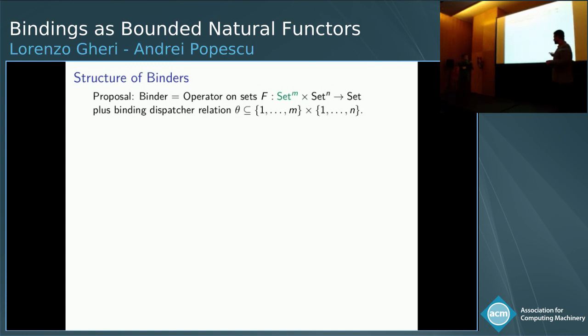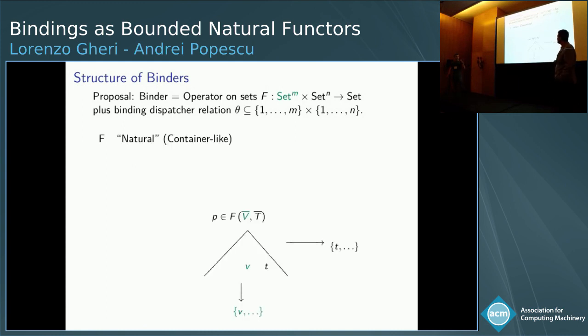Yeah, so the first thing I would propose is to make explicit the container-like intuition. So we assume operators that from any container can collect the content of variables and terms. Then, since we are modeling syntax, we would ask from these containers to store just a finite amount of content.